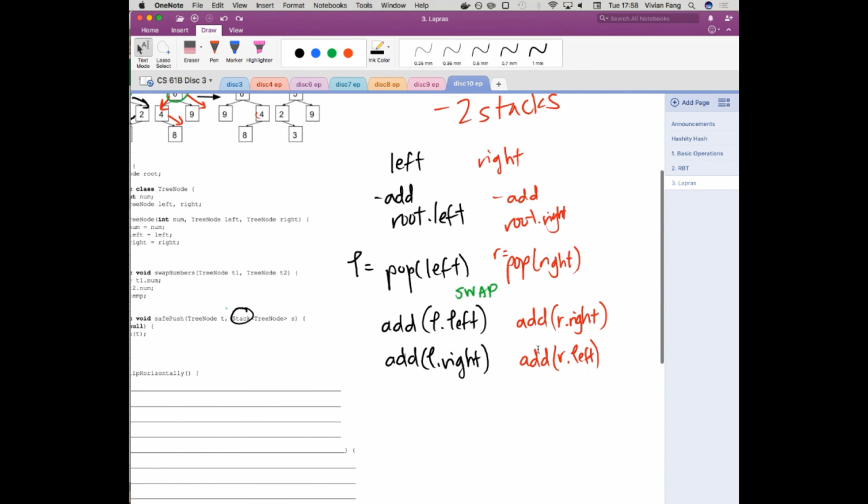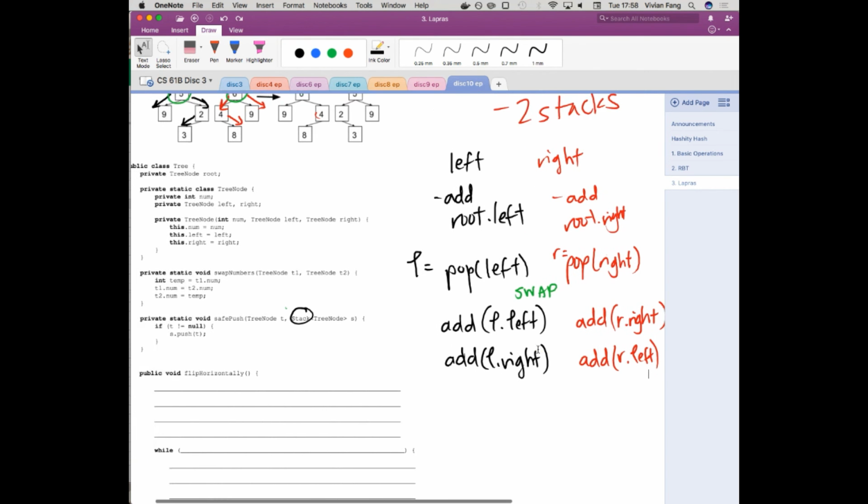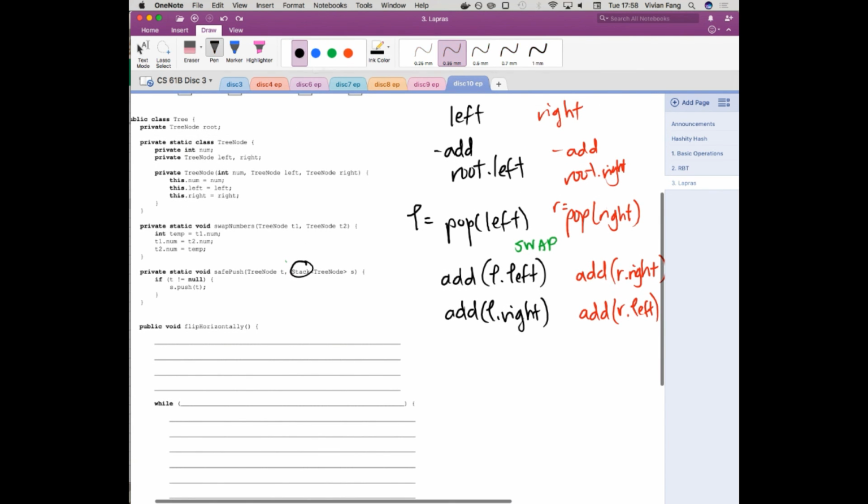Okay. So then we just repeat this until we're out of nodes, right? So here, let's initialize our stack. And what is our stack going to contain? Tree nodes. Okay, and then I'm going to copy this, the right equals that. And then I'm going to push root.left and root.right, right?